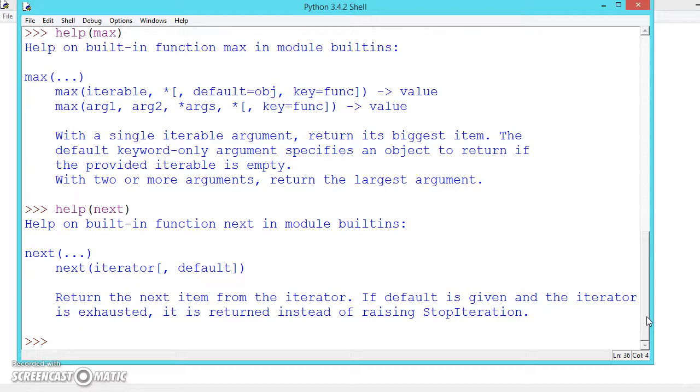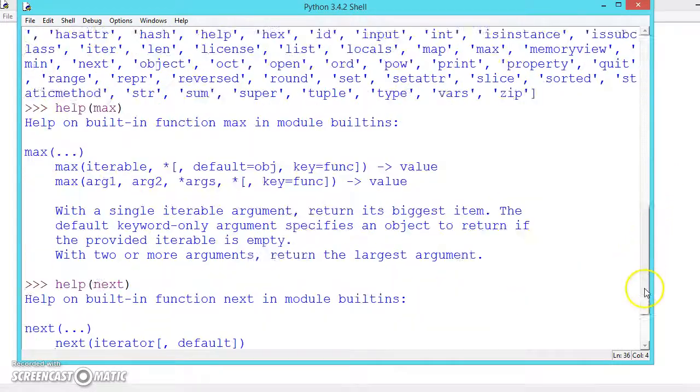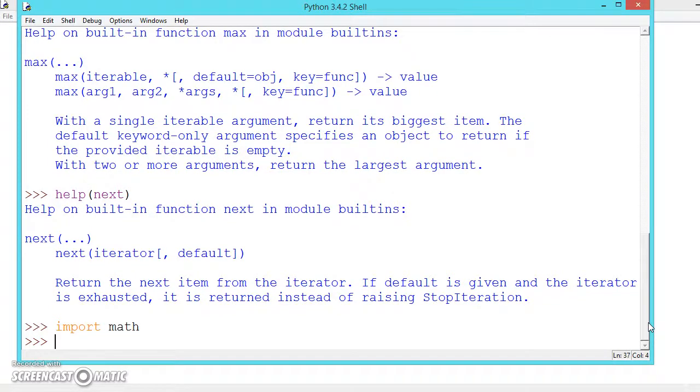So these are all the functions available for us, but there are a lot of modules available for us. Like let us say one module, math is a module. We have to import the module first, math. Once we have imported it, we can use the functions inside math. For that the syntax is the module name, dot.